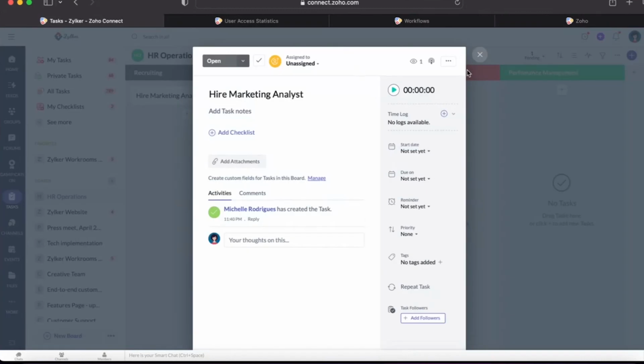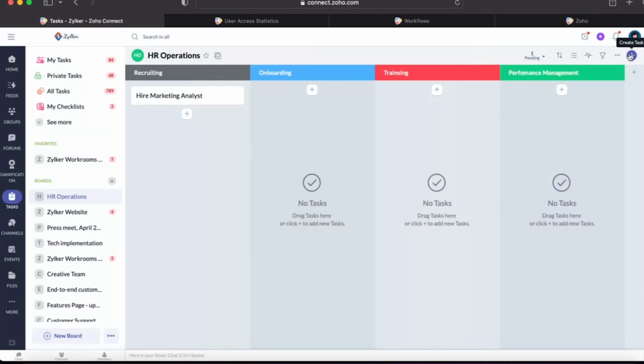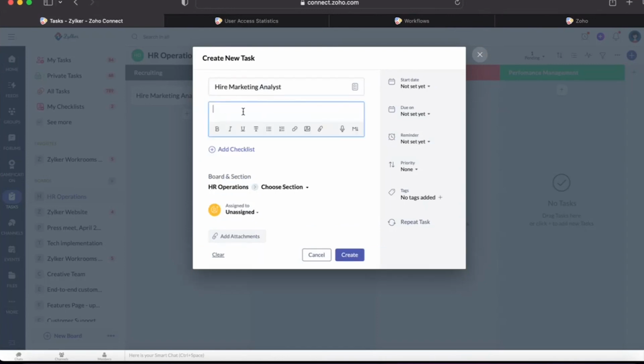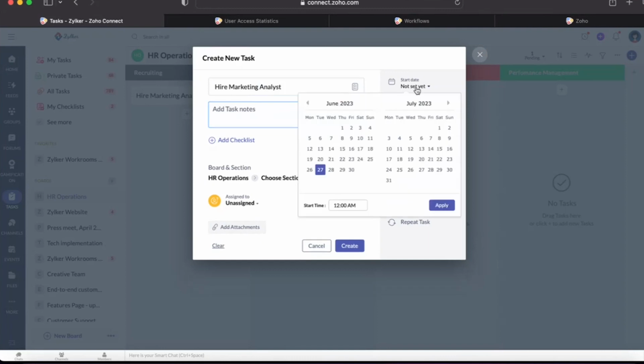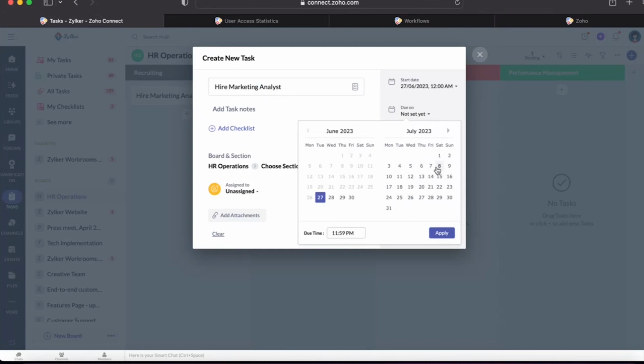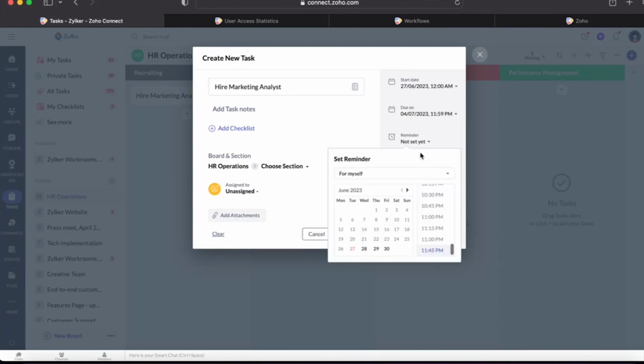And once you have the created task here, now you can go into the task and look at the different options as well. So let's try creating another task from this blue plus icon. So again, let's go ahead and name the same hire marketing analyst. And now we have a couple of options here, right? So you can add some notes to this particular task. You can add start date, which is today, obviously, and let's say add the due date in a week. Let's say next Tuesday, one week for the due date,